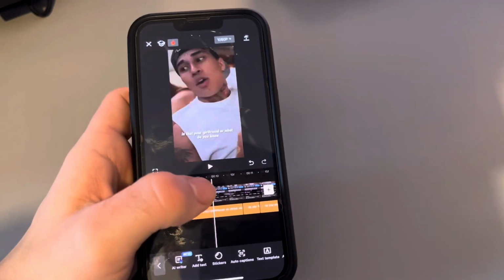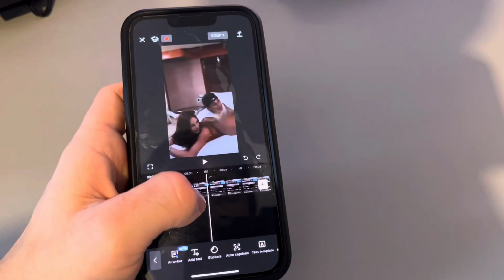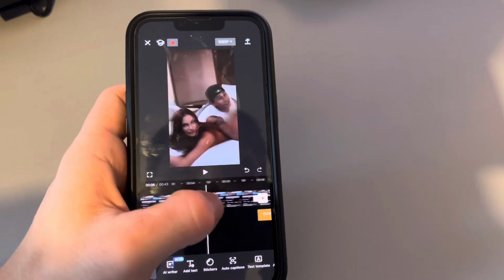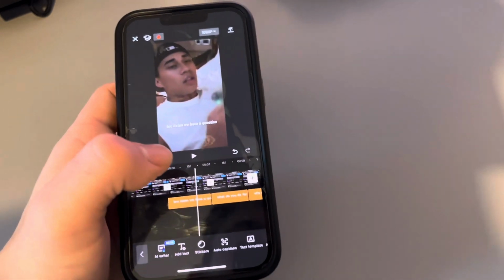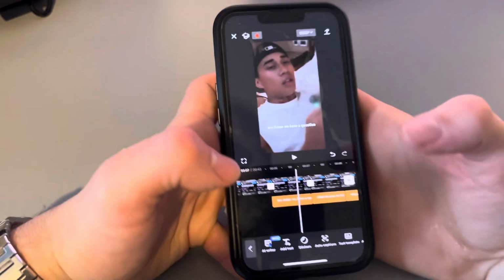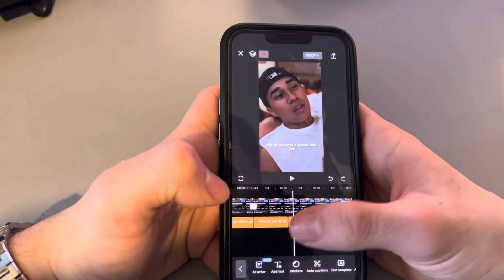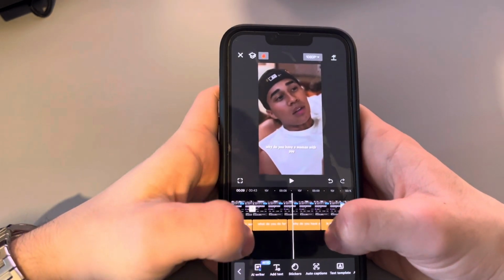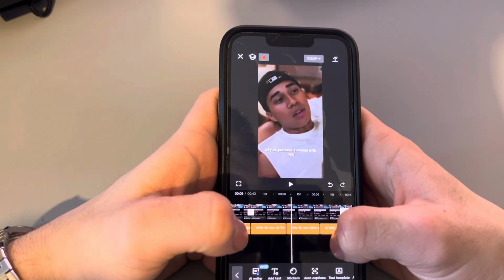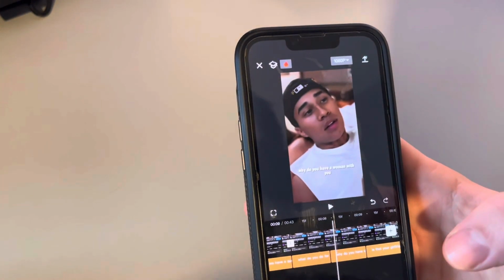A very good hook could be like OFM Manager caught in 4K, but the only problem is that would only last up to there. It would 100% keep people engaged until then, but after that point, it's done. So we can't actually do that because it's just not going to last long enough. So we could do something like how OFM Manager